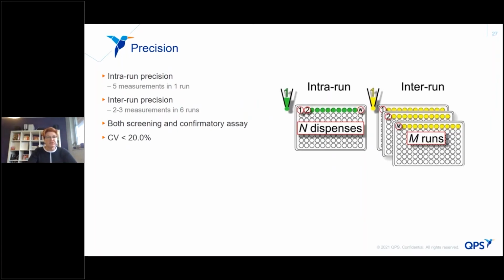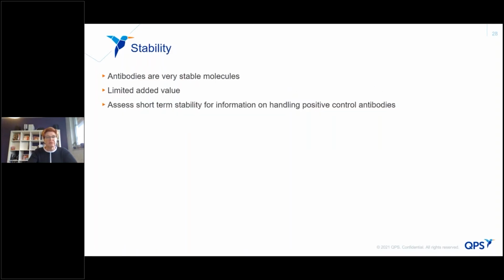The next part in the validation is the precision. For that, both intra-run and inter-run precision is measured, either 5 measurements in 1 run or 2 to 3 measurements in 6 runs. And that is performed for both the screening and the confirmatory assay, and the CV had to be below 20. And finally, the stability is assessed, which is,